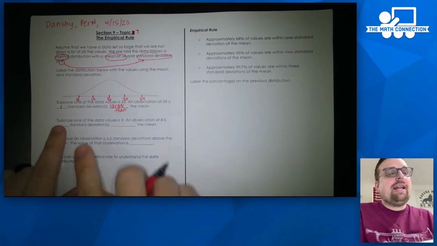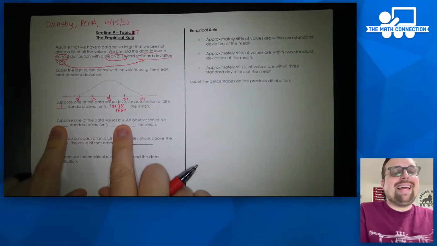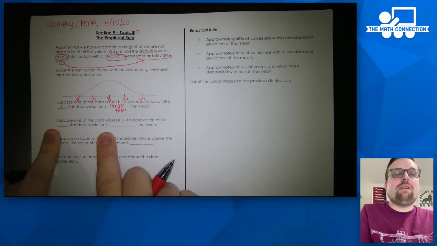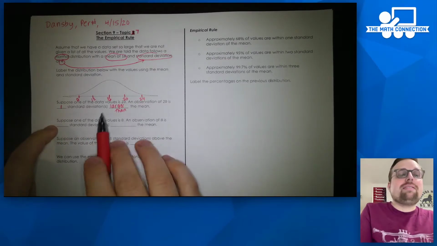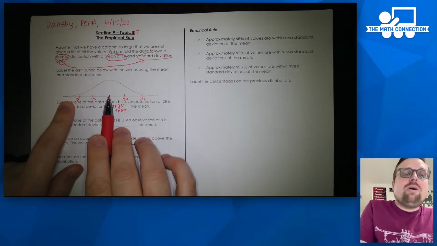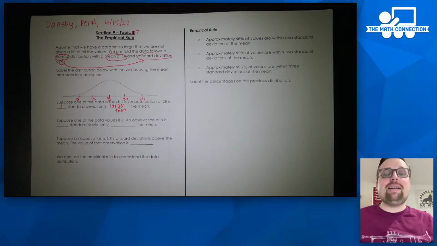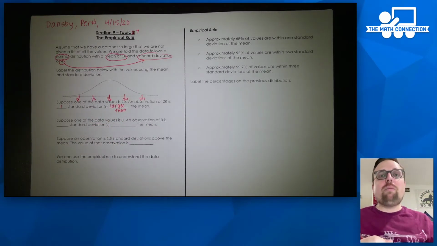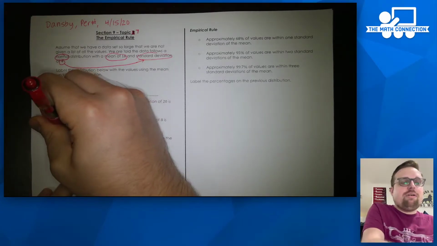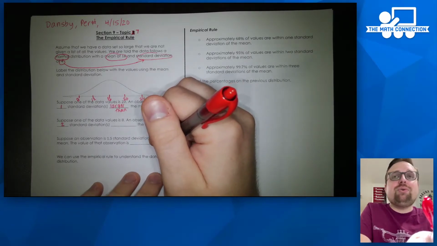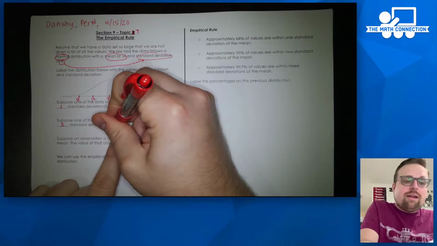The next thing we can look at is, suppose one of the data values is 8. An observation of 8 is how many standard deviations away from the mean? So let's figure out what that is. Here's the mean, and here's 8. And what's the distance here? Well, we know that one distance of 4 from the mean would be 1 standard deviation. So another distance of 4 would be 2 standard deviations. So 8, the value of that data point, is 2 standard deviations smaller than